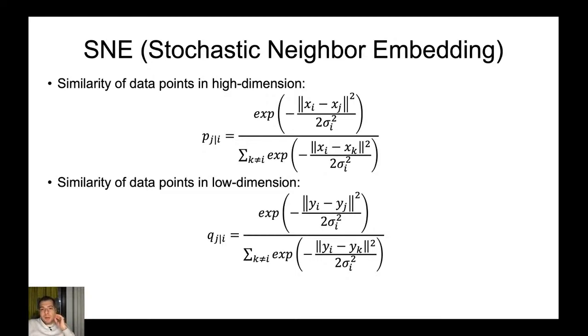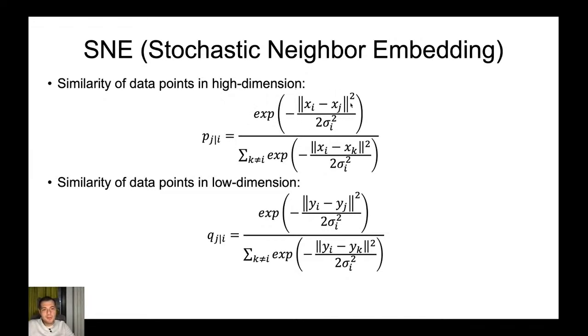Okay, so we use this probability density in the high dimensional space and also in the low dimensional space. So we model the data points with this Gaussian distribution that is given by, between two points i and j, it is equal to